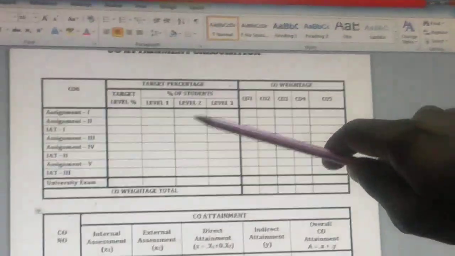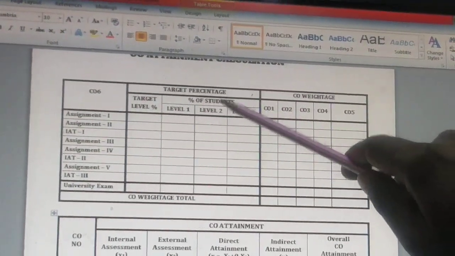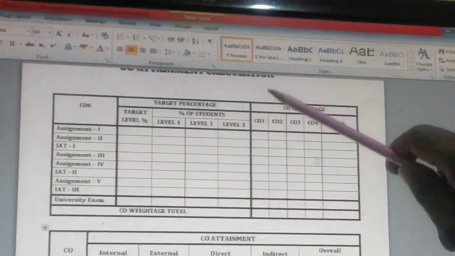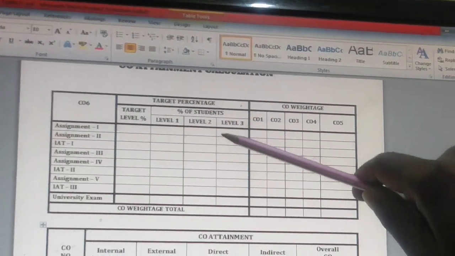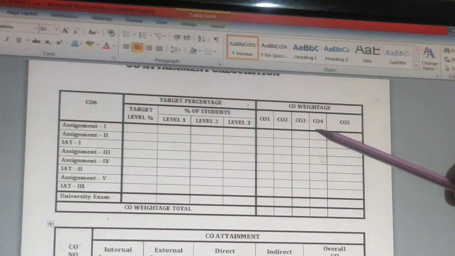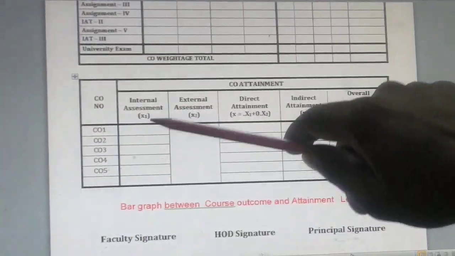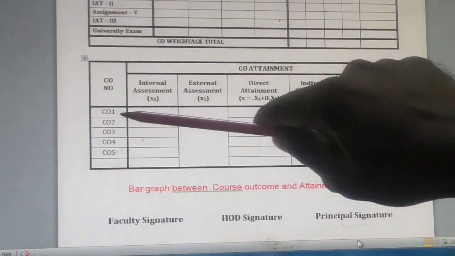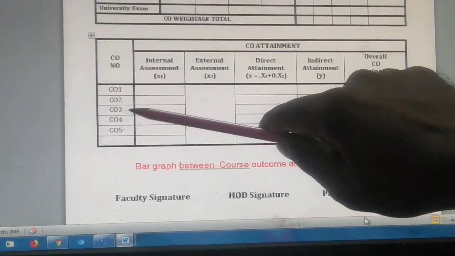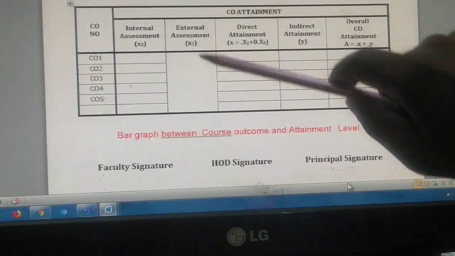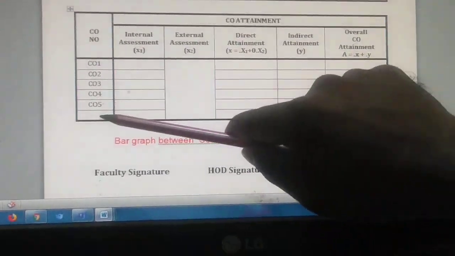Here you are having a table. This is table number 1. Table number 1 comprises two components, table number 1A and table number 1B. This table is for internal assessment, which is through CO1, CO2, CO3, CO4, CO5, and the external assessment is through the university